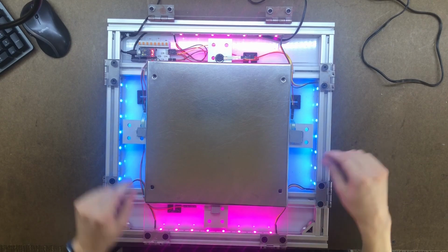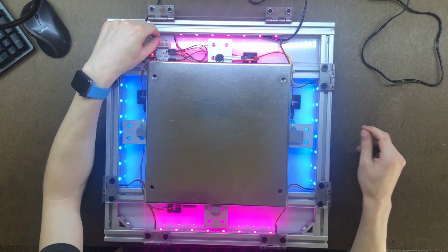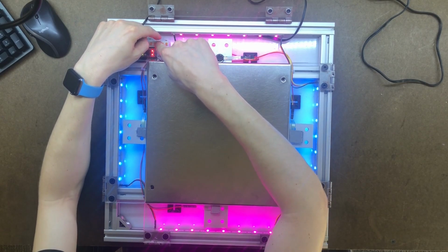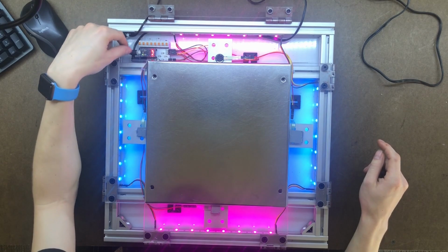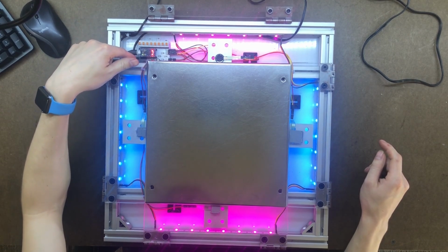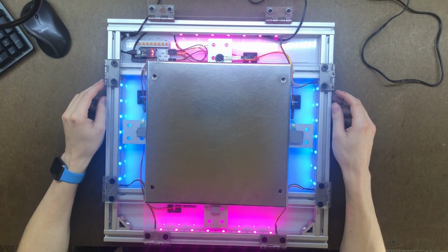It also features a custom PCB. That's this guy right here. This has swappable current divider resistors, so these are push to disconnect terminals. And it's also got a 5-volt barrel jack to power the LEDs, which I'm using WS2812Bs through the FastLED